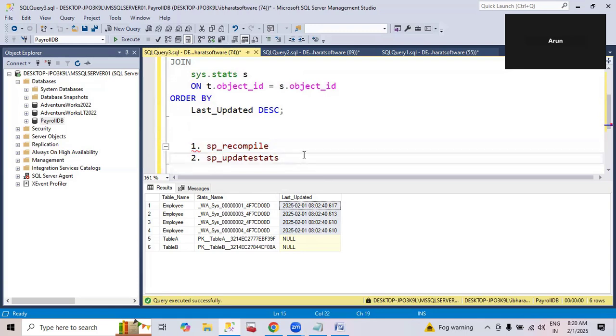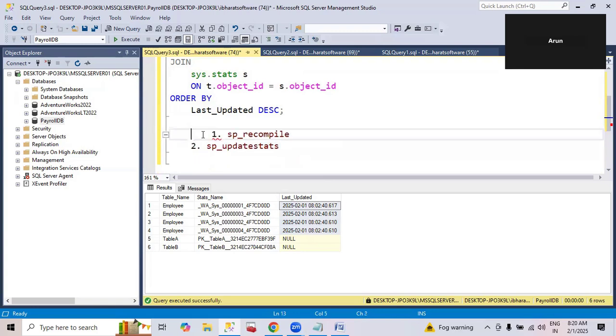But all the time, you'll not get the same fix. Let's suppose today you executed recompile and got good performance because your plan was routed with a bad plan. But let's